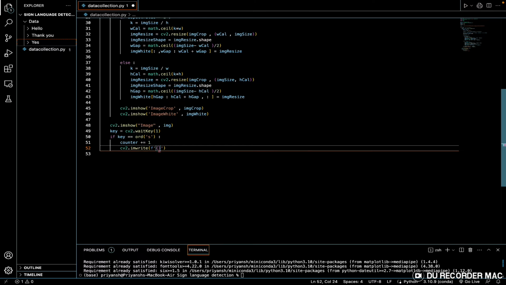And we'll open a folder. Okay, if the folder doesn't exist, there is no need to worry, it will create a folder by itself. If there is no folder,